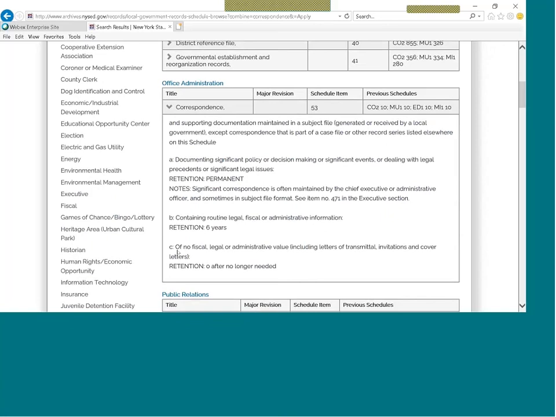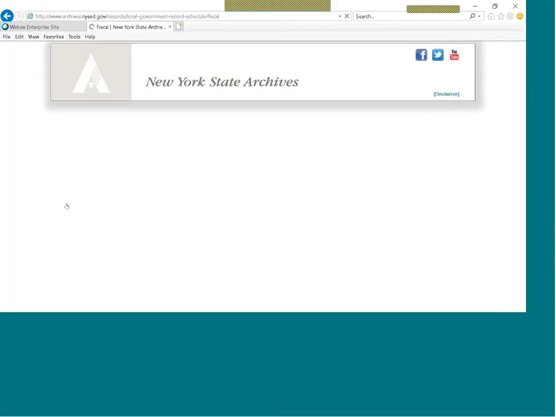In some instances, a user might be able to simply search a subject heading to locate the retention item that they're looking for. Certain records, such as fiscal records or tax records, are fairly straightforward as to what section of the schedule they're going to be in. For this example, let's look up canceled checks in the fiscal section. We're going to click on the fiscal section item,